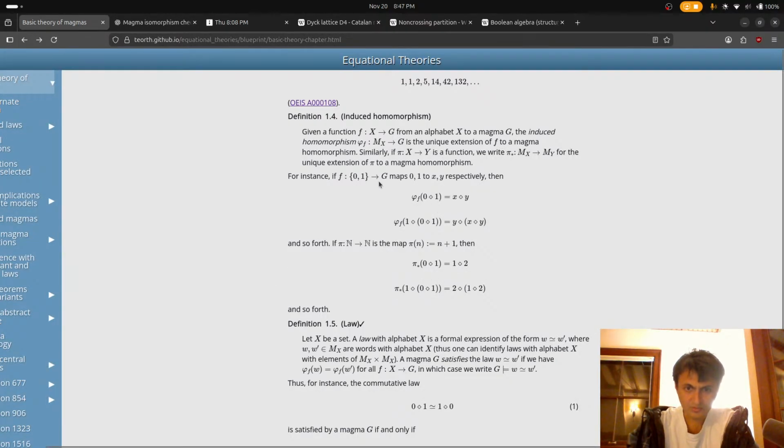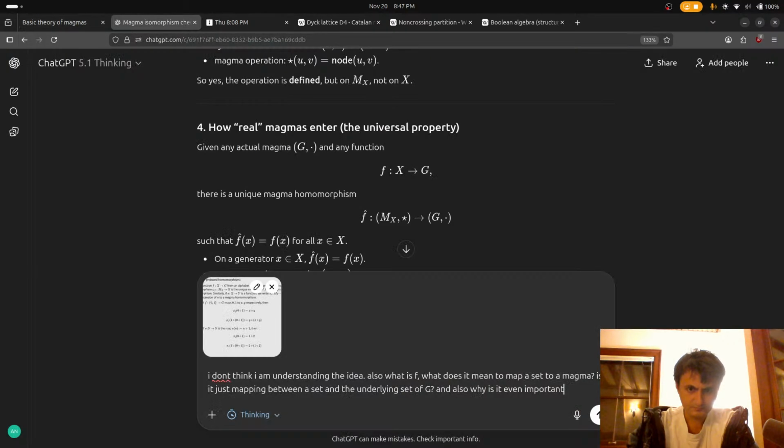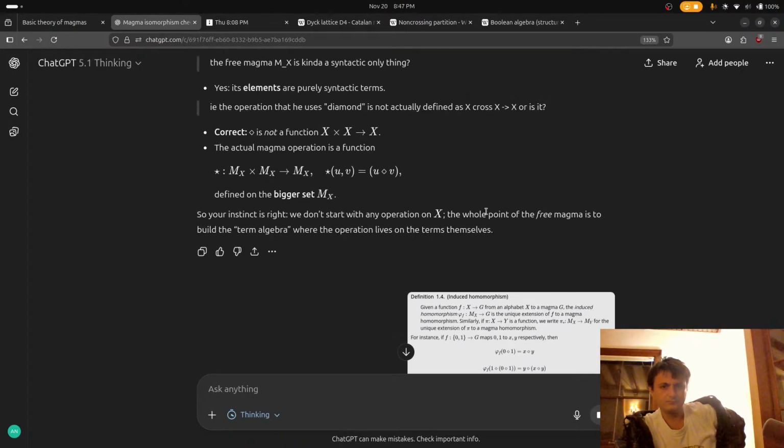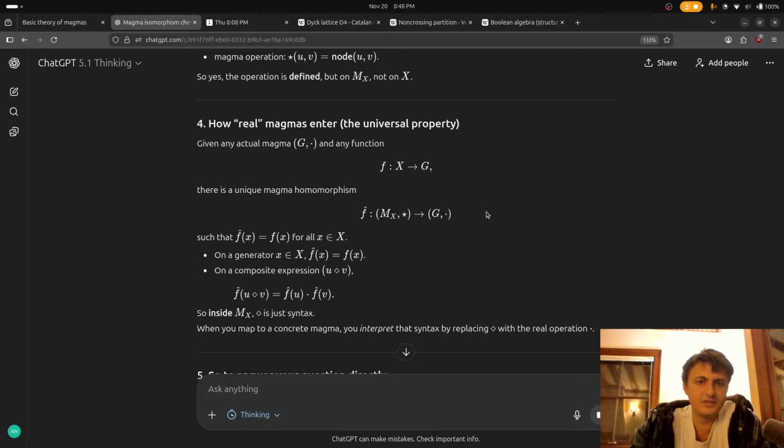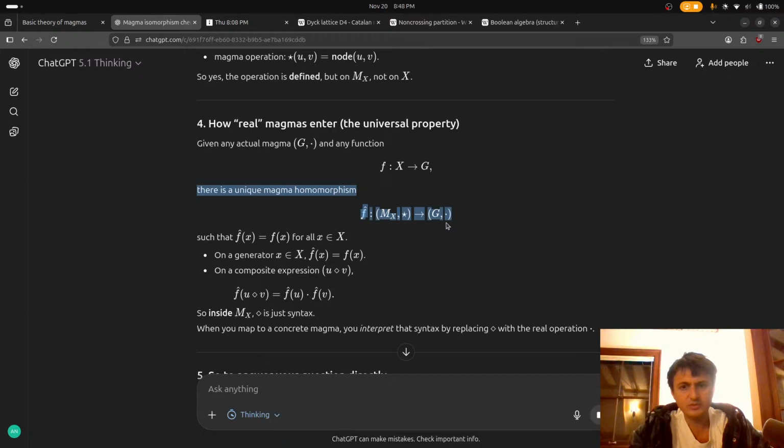In the example, okay, let me read this part. Given an actual magma and a function, there's a unique magma homomorphism.